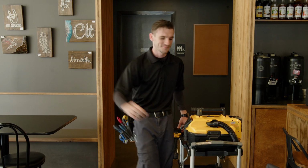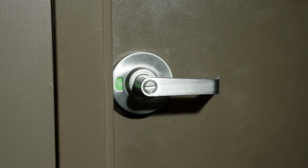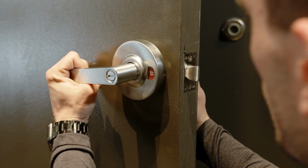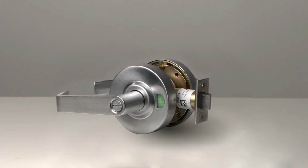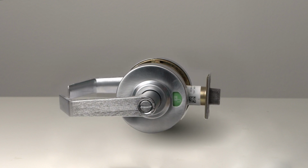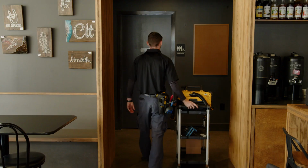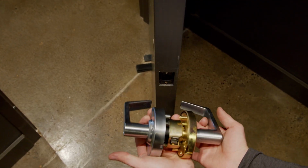Alex is a skilled locksmith who prides himself on providing his customers with high-quality and innovative solutions for their security needs. His latest installation is the Arrow APL Series cylindrical indicator lock, which uses a status indicator to let people know if a bathroom is occupied. As he installs the lock on the bathroom door at a local coffee shop, he marvels at the simplicity of